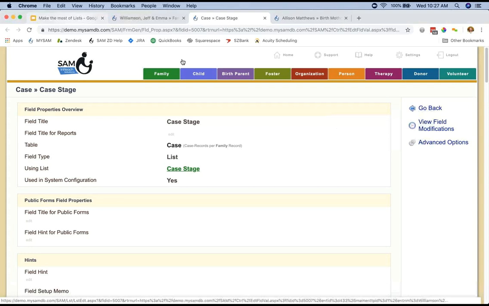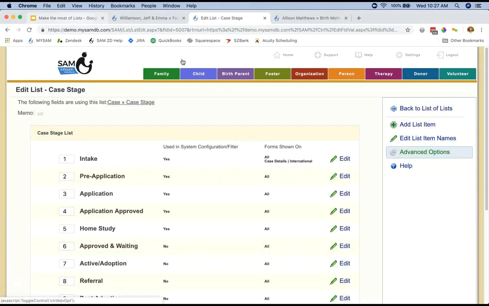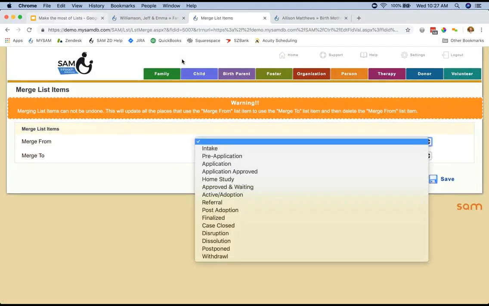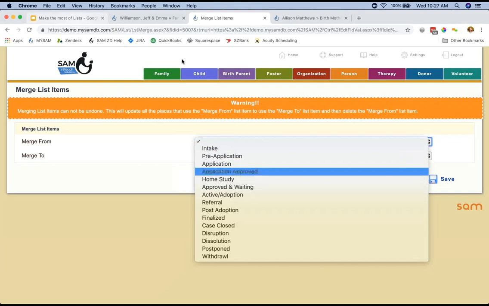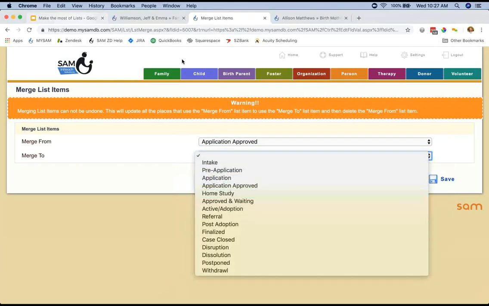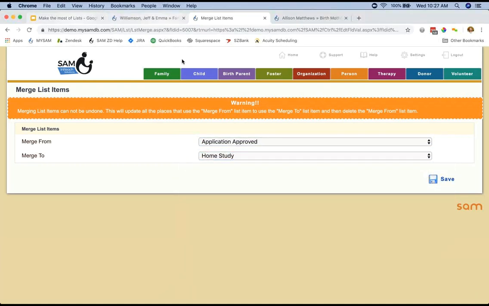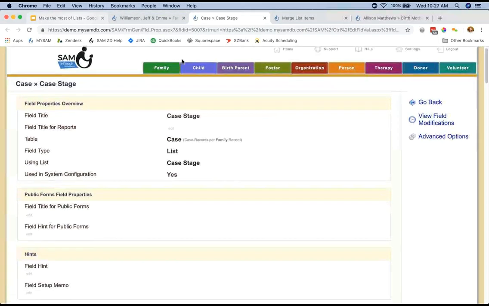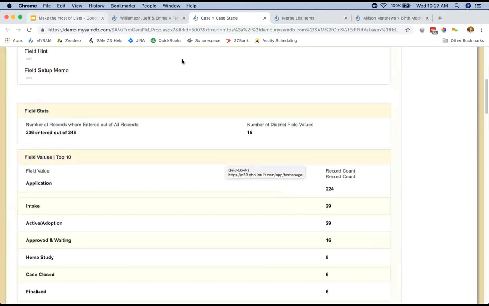So I'm now going to get to the list, and I'm going to advanced items, and under here I'm going to merge list items. So I'm going to merge from application approved into home study. I'm going to take one step back and get right back to the same spot, to show you down here